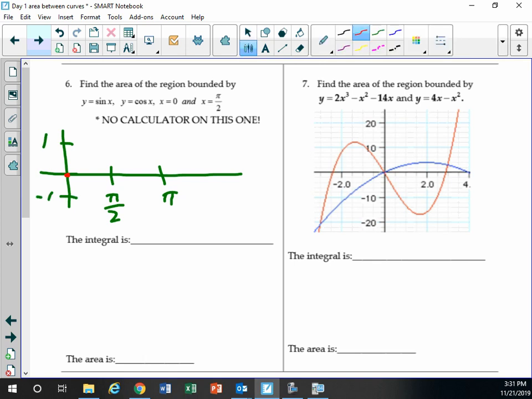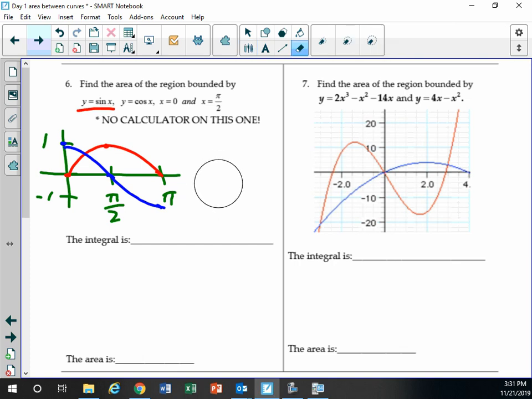Here's 0, pi over 2. This is the sine graph. The sine graph starts at pi, goes here and here and here. So if I blow this up and I'm only looking from 0 to pi over 2,